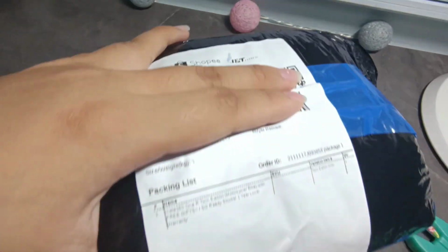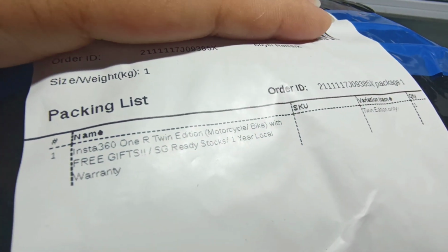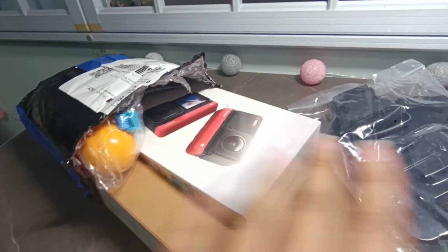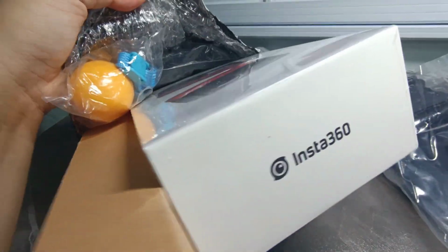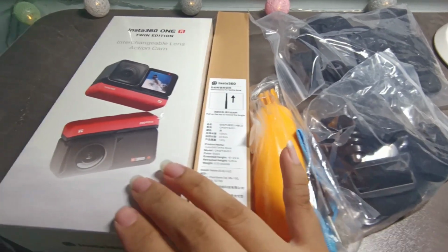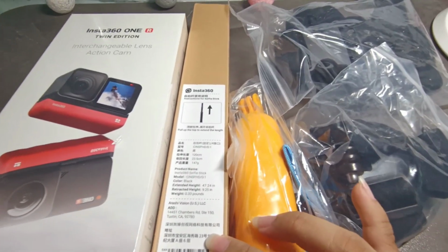Parcel from Shopee is my Insta360 1R. Woohoo! Oh my god, okay, I'm excited. Look at this, there's so many free gifts. Okay, I'll be back. So what comes in this packaging is the Insta360 1R camera twin edition and the selfie